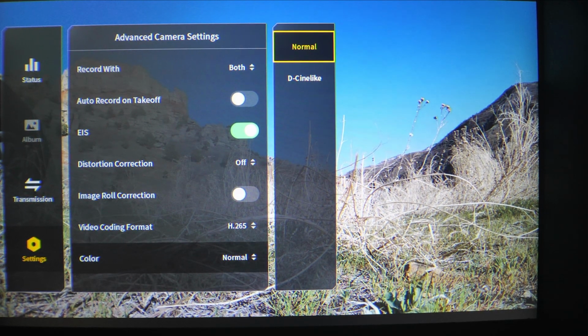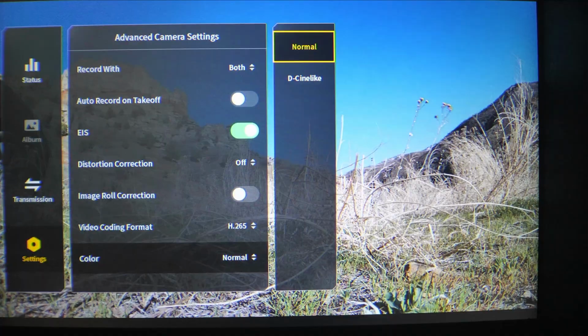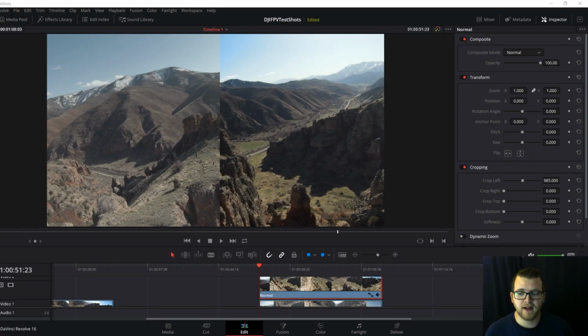So I'm going to fly a little bit in normal, do the same move, and then fly a little bit in D Cine-like so that you guys can see the difference in how to actually work with this kind of footage, and then you guys can make the choice for yourself. So let's record the footage and jump over to the editing room so I can show you guys how that looks. Okay guys, now we're in the editing room